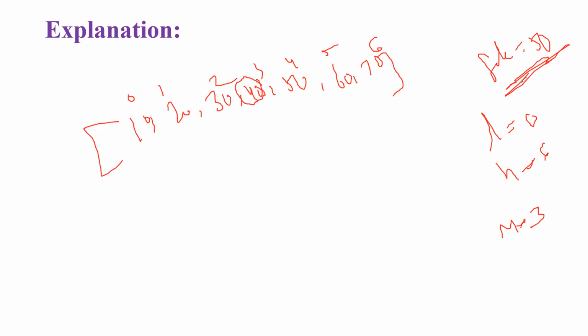Now I want to search for the element 50, right? So you need to take only the right array of it. Don't consider the left array. Which means the remaining elements you need to check are 50, 60, 70 only. No need to take the left array. This would be reduced. Okay.